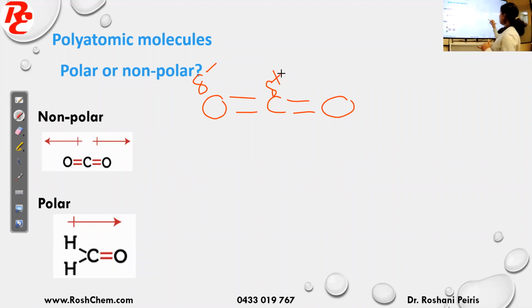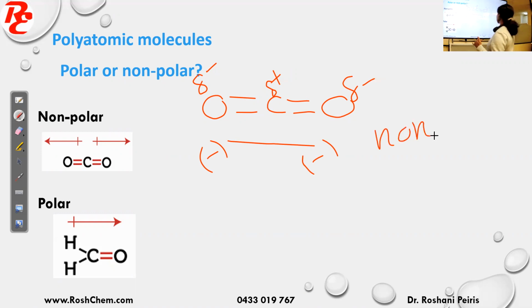Take the other bond also. Oxygen is delta minus, and the carbon is delta plus. Now if you look at the two ends, we only look at the ends now. One end is negative, the other end is also negative. So you have the same charges. If you have the same charges, I say the molecule is non-polar. So you can see this molecule has polar bonds, right? The CO bond here is polar because it's made from two different types of atom. It is a polar bond, but still, as a whole, the molecule is non-polar because the same charges are on two ends.